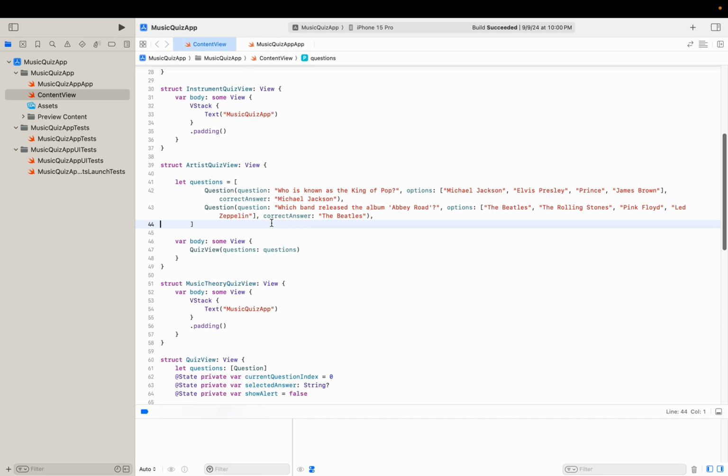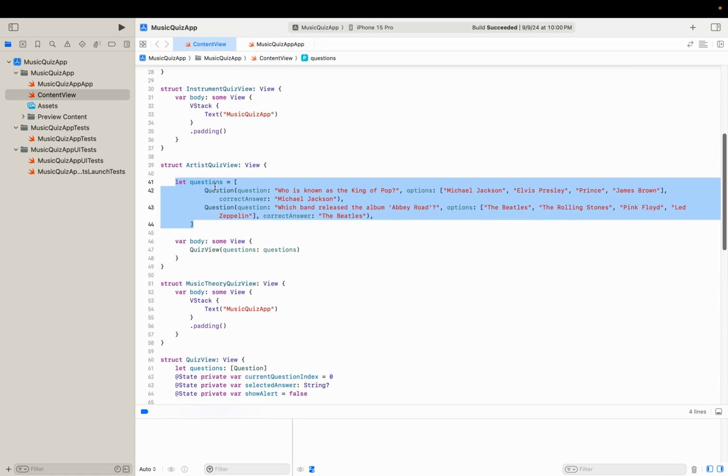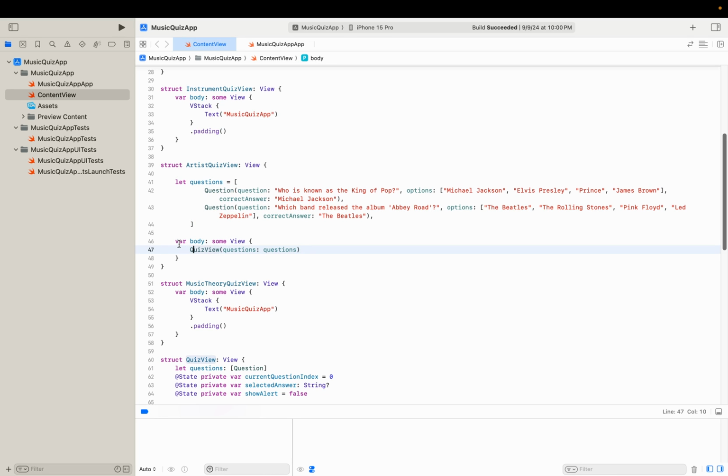The next thing we're going to do is actually implement this quiz view. Now, if you go back to our artist quiz view or any of the other quiz views that we created, the first thing we need to do is create a list of questions and put that at the top and make sure you have options and correct answers for your questions. And then inside the body, we just reference the quiz view and then pass in the questions that we define